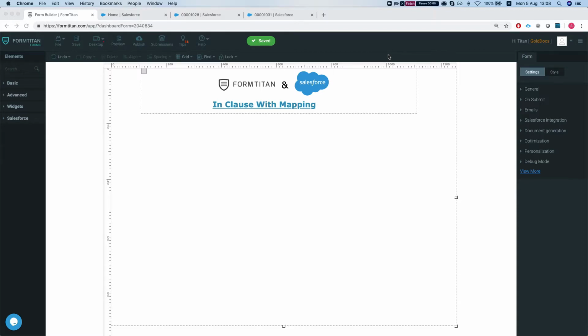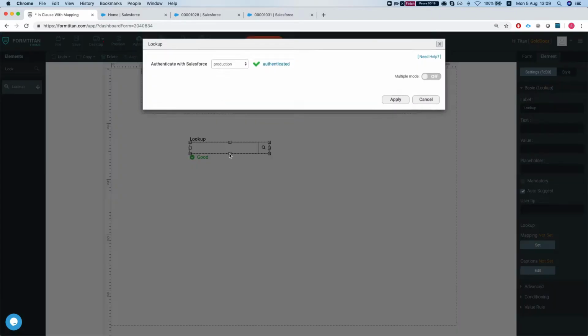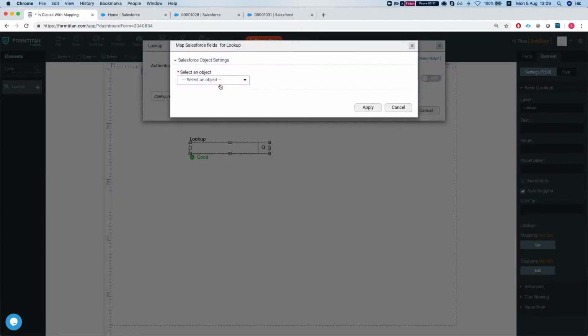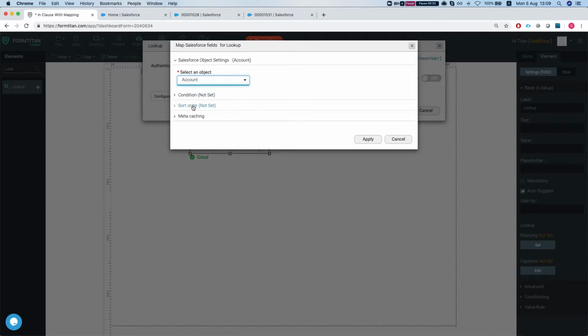In this video I'll show you how to use the in clause when you map the record that you're getting into an element in the form. So let's start. What we will do here, we will look up an account, bring up all the contacts, and use the in to bring in any tasks we have on the contact. So let's start. We'll make a simple lookup